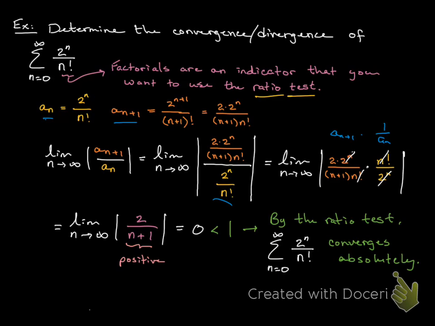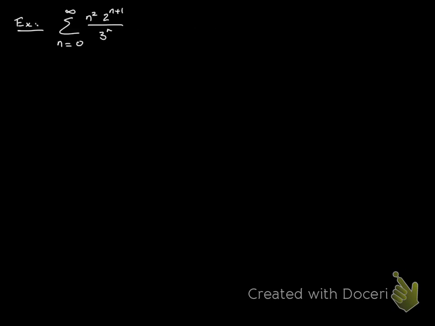Okay, so let's play again here with a slightly different series and see what happens. This one looks a bit more geometric, maybe. I see a 2 to the n plus 1, 3 to the n, so I'm seeing maybe components of a geometric series, but that n squared in the numerator really makes it not geometric. Another situation where the ratio test might be nice, and that's just because it's geometric-like, it's close. You might try a comparison here. It just depends. So what we've got, if I write my limit down,